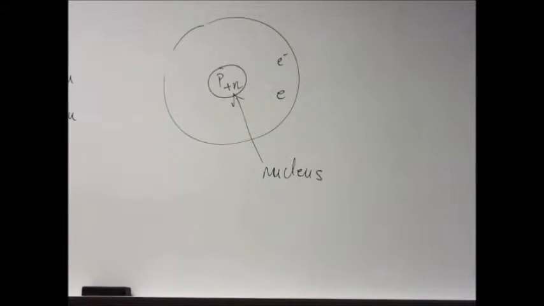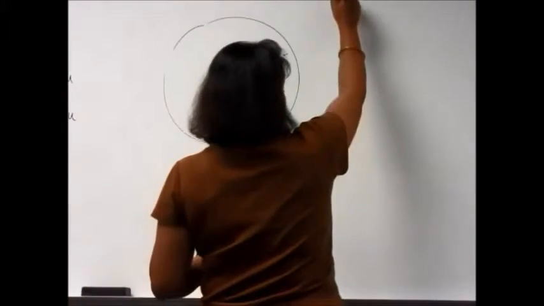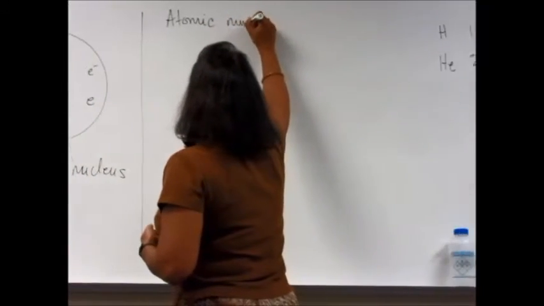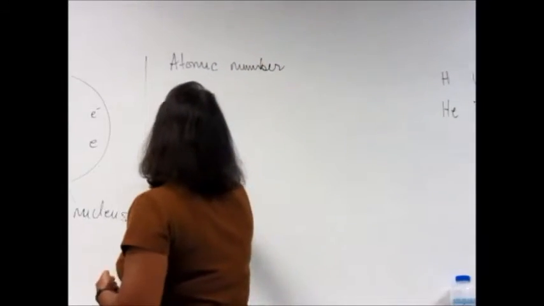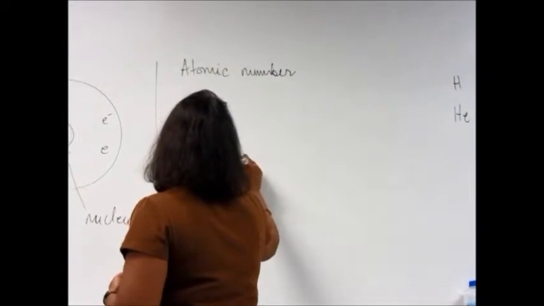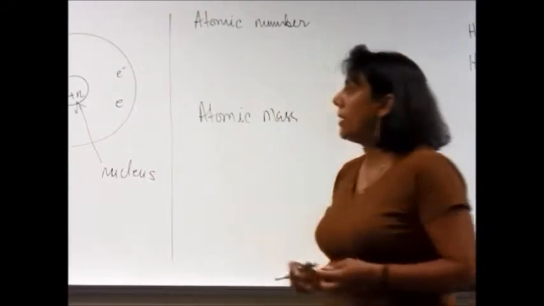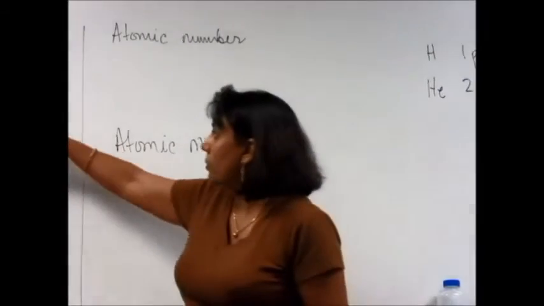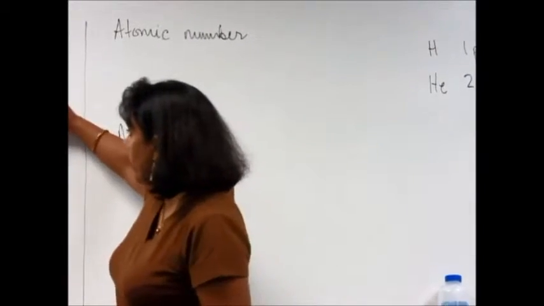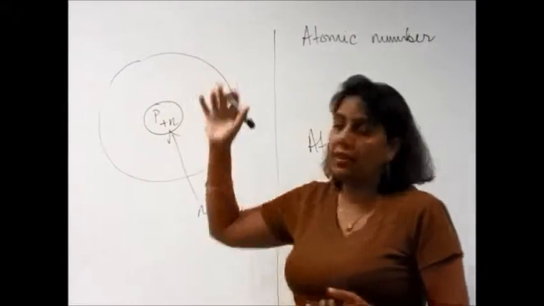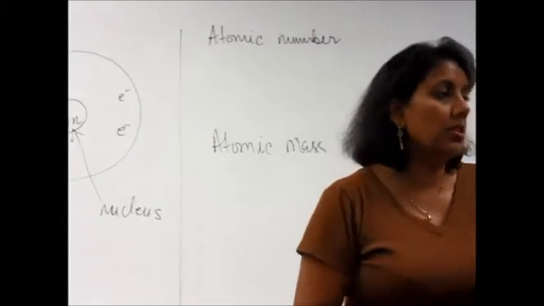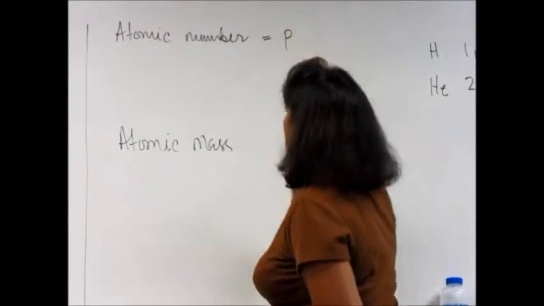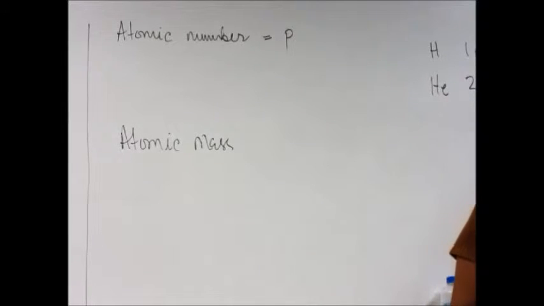All right, a few other numbers that you should know about. Atomic number and atomic mass. By the way, I'm going to give you shorthand. Electrons you write as E, protons as P, and N is for neutrons, that's pretty traditional shorthand. Atomic number is the number of protons, that's the atomic number.